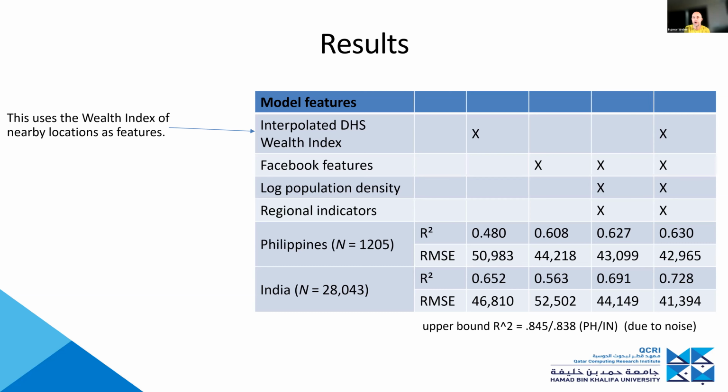And so if all your neighbors are rich, then probably you're rich. If all your neighbors are poor, then probably you're poor. And this baseline works reasonably well. In the Philippines, it explains almost half of the variation. This is done in an out of sample setting, so it's out of sample variation, almost 50%. In India, there's even more spatial autocorrelation, and this simple baseline would explain almost 2/3 of the spatial variation. So that's a baseline for which you don't need Facebook.